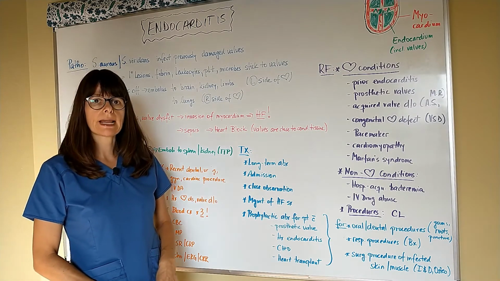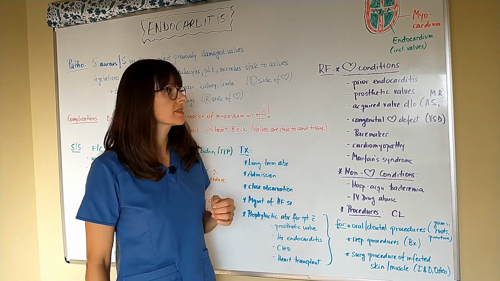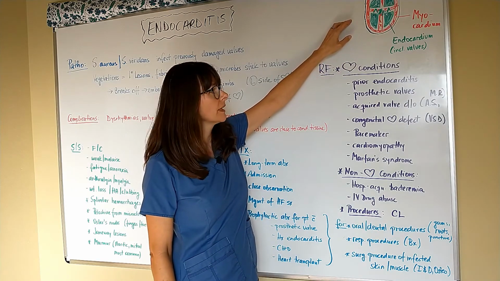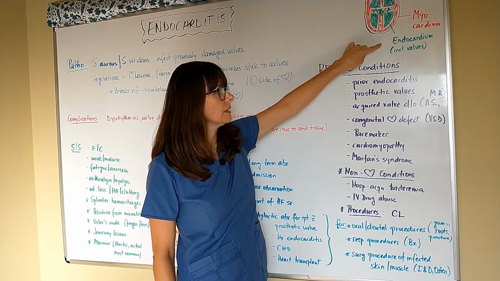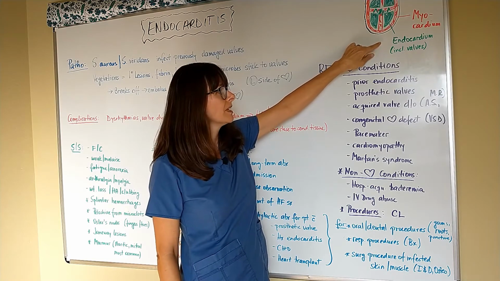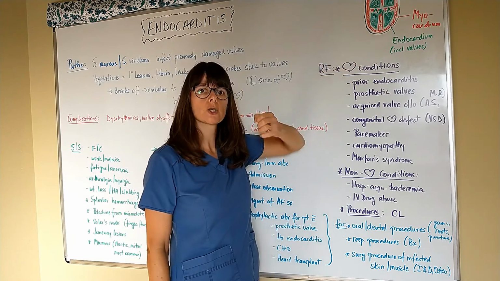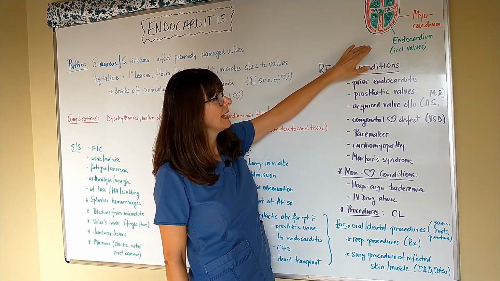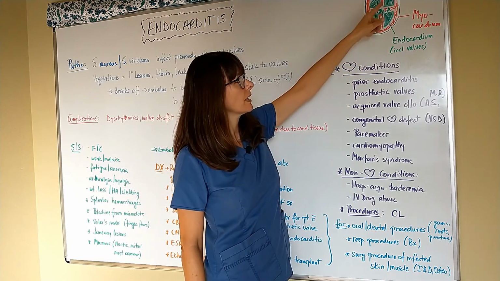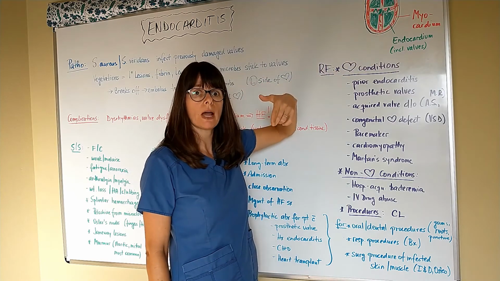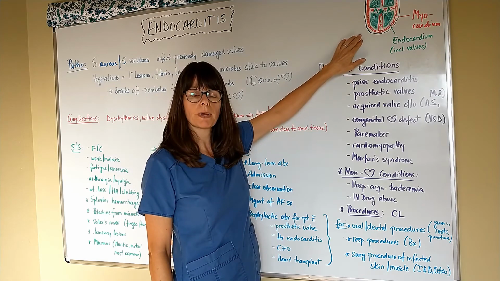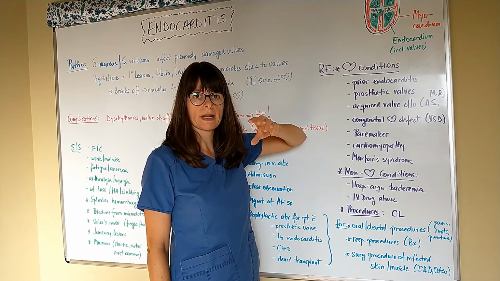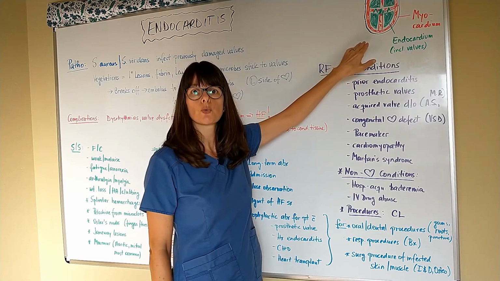Let's first look at the anatomy of the heart and the different layers that we have. In the center, the innermost layer of the heart that includes the heart valves here in green is called the endocardium. The muscle around it, that's the actual meaty part of the heart, is the myocardium, myo meaning muscle. And then the pericardium is the area that surrounds the heart, where we have some pericardial fluid that helps to lubricate the heart when it contracts and expands to make sure that there's no rubbing of the